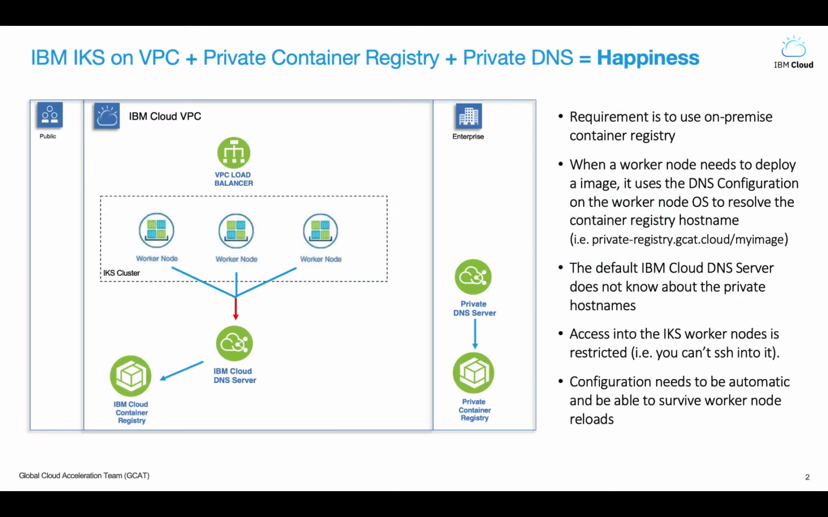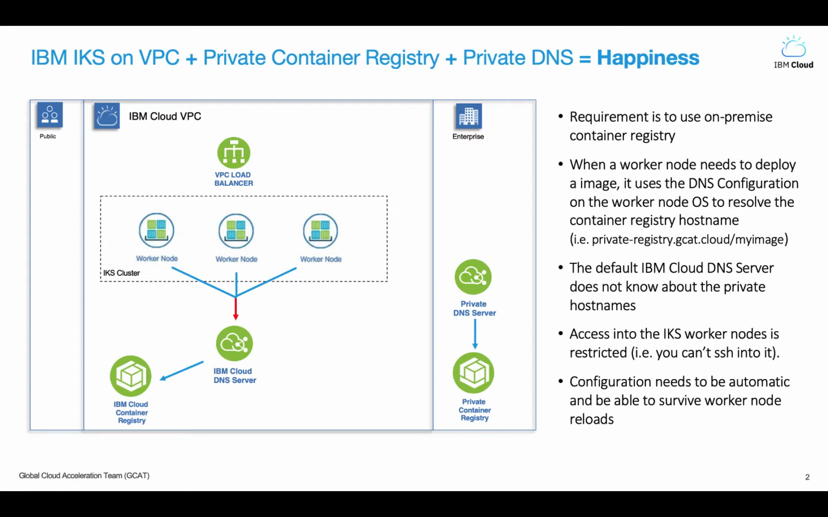Before we show the live demo, I wanted to go through a picture just to demonstrate what the problem is and help you better understand it. Basically, what we're trying to do is take IBM IKS on VPC, combine it with a private container registry, combine it with a private DNS, and I guess in a way, lead to a level of happiness here. So the requirement is to use an on-prem container registry. Now, this on-prem container registry is something that only the private DNS server knows about. So this could be something like private